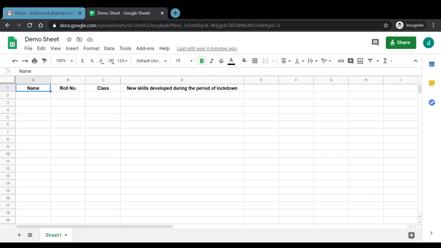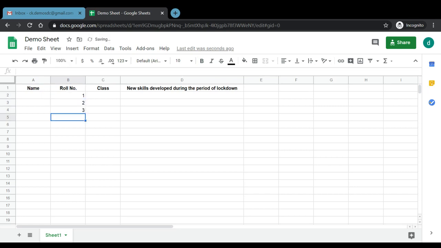Maybe the solution can be written in another Google spreadsheet which can be shared with the teachers, or in any other manner as desired by the respective faculty member. Now, talking about the different features of Google Sheets, for instance, as we mentioned earlier, in order to avoid any kind of confusion amongst students, it is always advisable that we mention the roll numbers here.